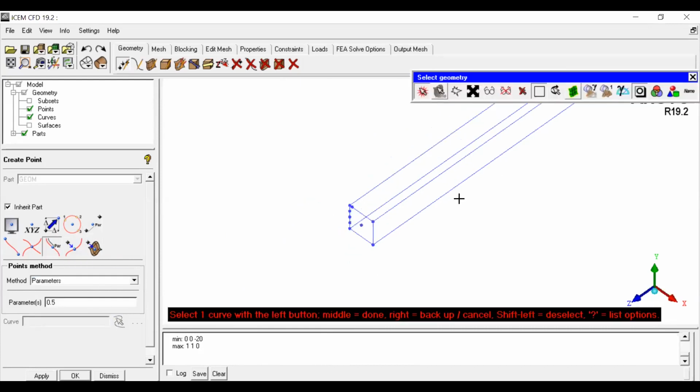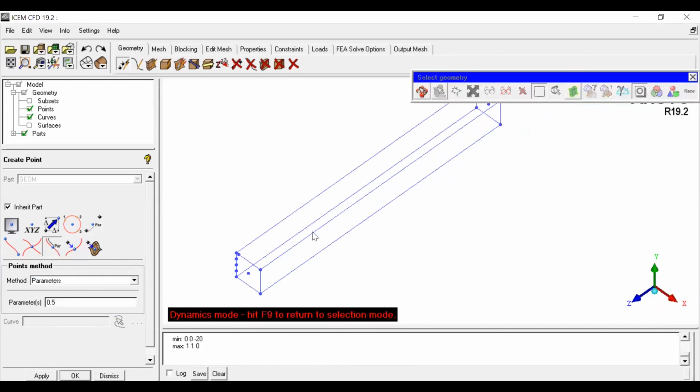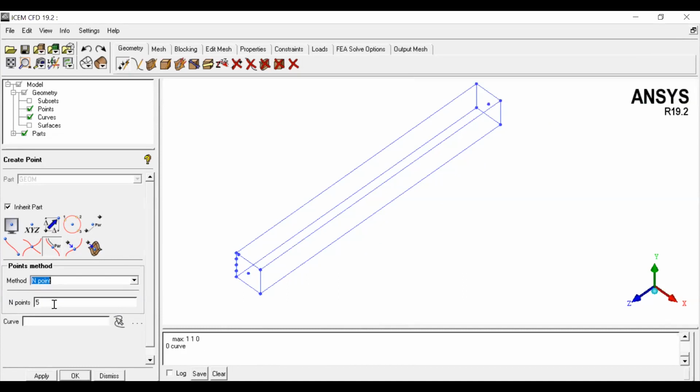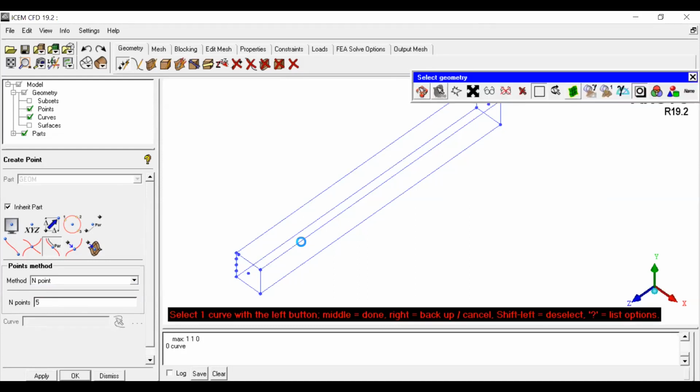Let's say I have an existing line. I want to generate certain points on the line. So what I do, I'll go to parameter along a curve. I'll give the endpoint method. I just want to generate 5 points and click on curve, select this curve, 5 points will be created.